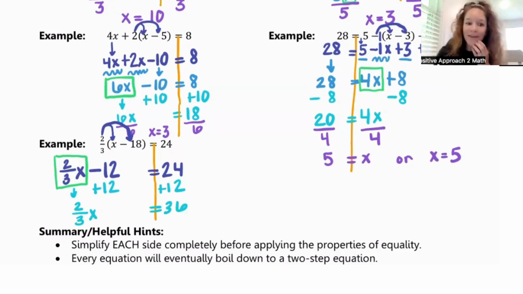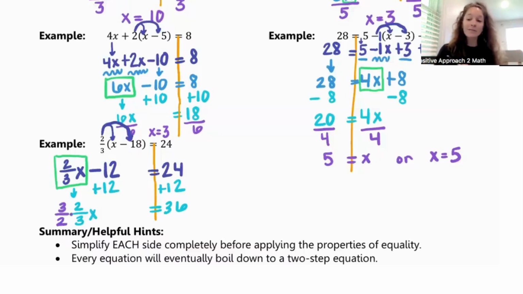And then we're going to talk about this. We have a fraction here. So we have a fraction times a variable. So my question to you is, if you remember back from one step, what do we do when we have a fraction times our variable? Yes, it's not wrong to go ahead and say, oh, let's divide both sides by 2/3, but we have another little trick that will save us a little bit of steps here, or a little bit of time, I should say, and that is